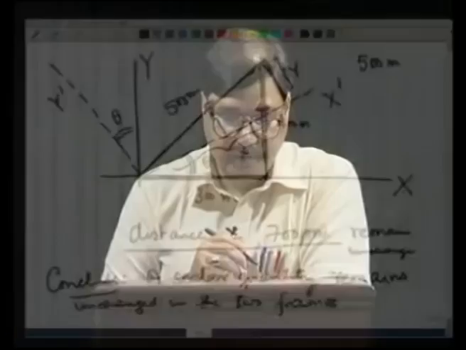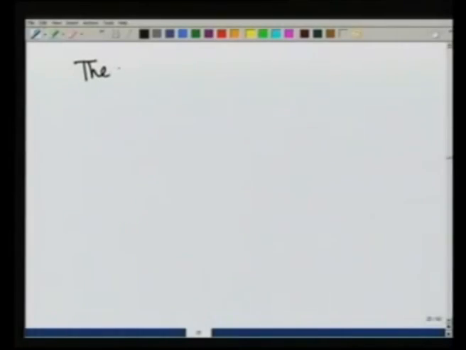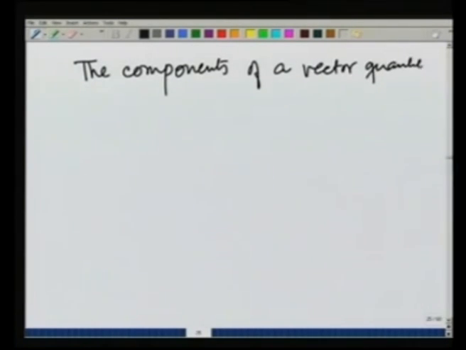On the other hand, we also see that the components of a vector quantity change